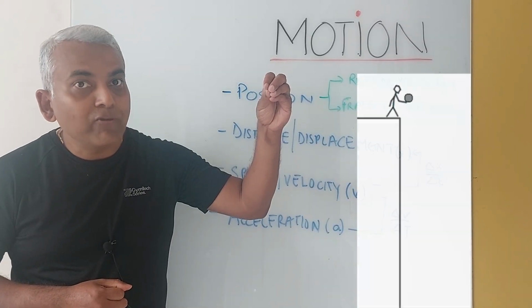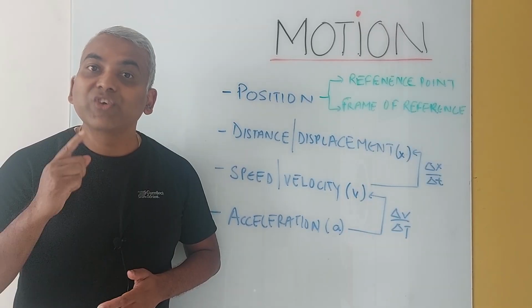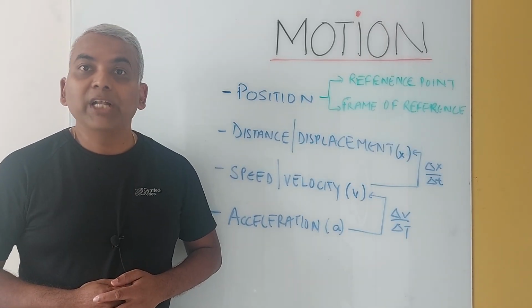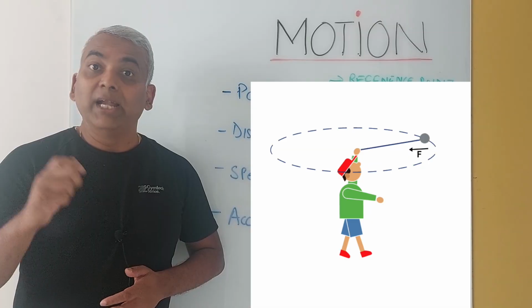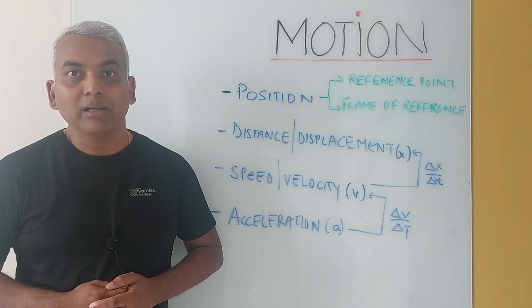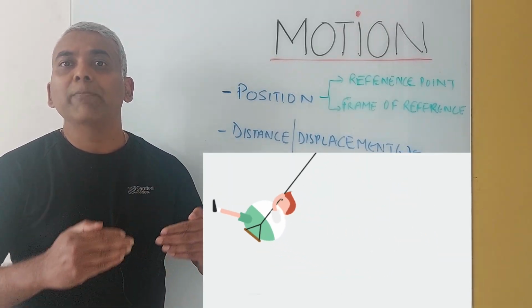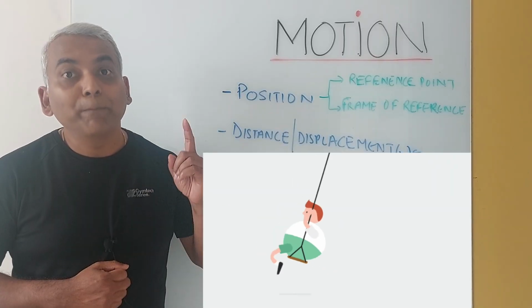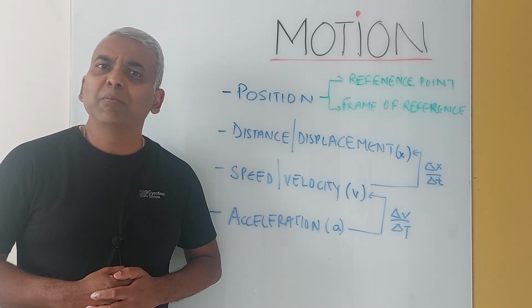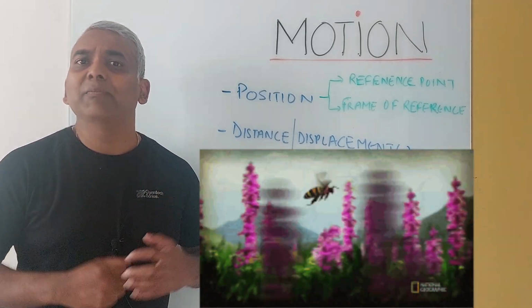When we drop an object from a height, it follows a straight line path, and this is called a straight line motion. When we rotate a ball connected to a thread, it follows a circular path, and this motion is called circular motion. When we see a person on the swing, he follows to and fro periodic motion. This is also called periodic motion. When we see the motion of a mosquito or a honeybee, we see it's just moving randomly, and this is